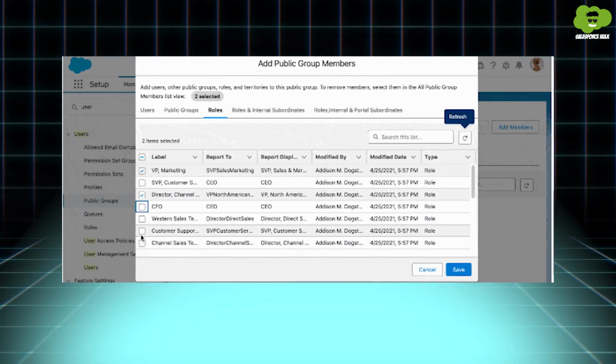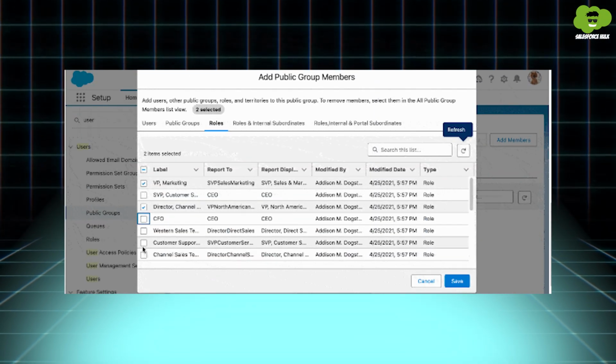On 9, we have the User Access Summary page. Who doesn't love a summary of all your data? With the improved User Access Summary page, you get a complete snapshot of how permissions are assigned to each user. Now it's easier to track roles, profiles, and permission sets all in one place.